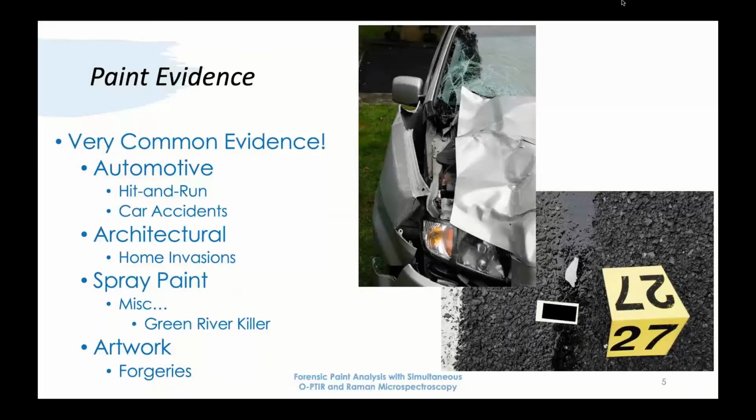So paint is one of the most common types of traces examined in forensic laboratories. Paint is ubiquitous and has many uses, including being used for decoration or to protect a surface. Or in the case of automotive paints, it is both decorative and protective since it prevents the metal frame from rusting. Paint evidence is classified into one of four categories: